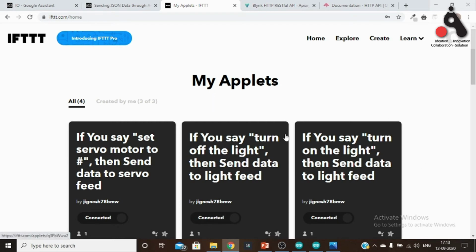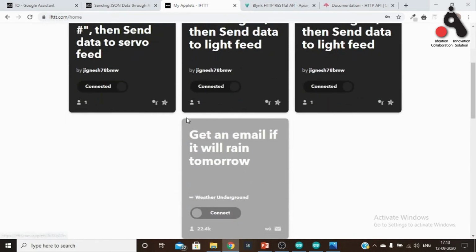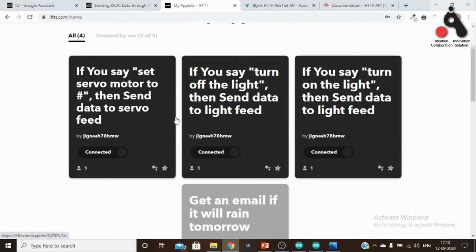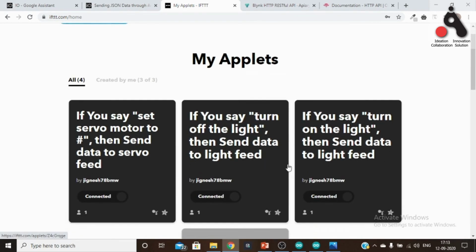For a non-pro, free account, only 3 applets can be made. This is a recent change they made. The introduction of IFTTT Pro was not there previously, but now we can't create more applets than these 3. So if I want to create a new one, I need to delete these 3 first. So let me delete it.